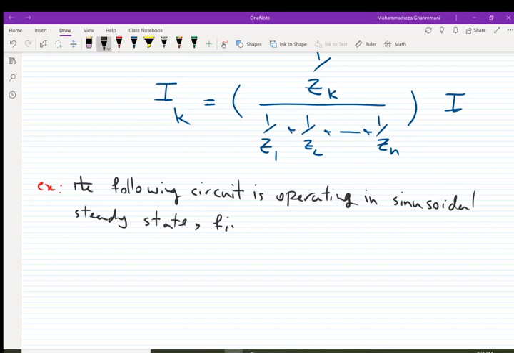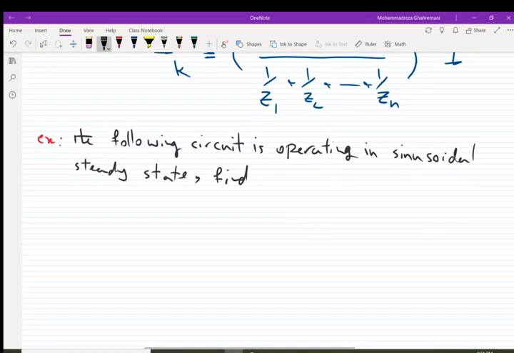Find, A, the phasor voltage V. B, the phasor current